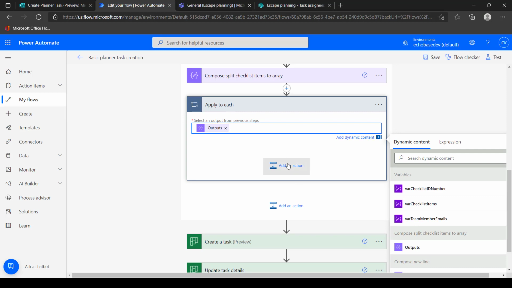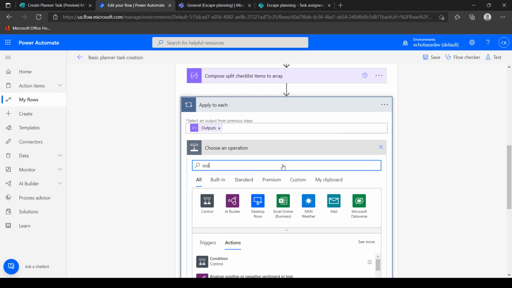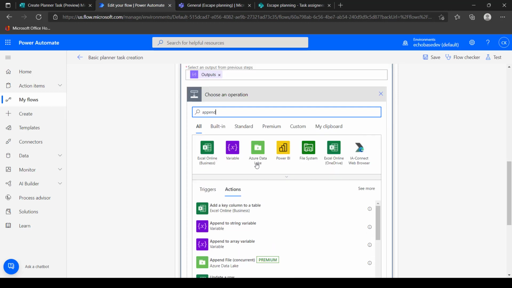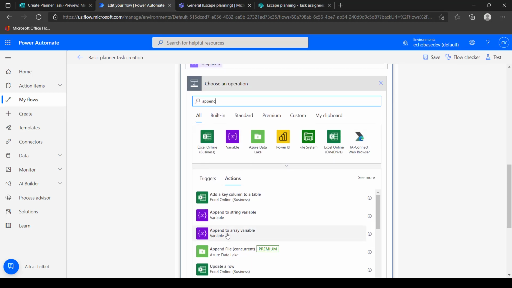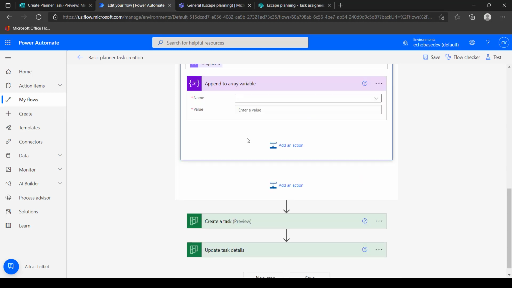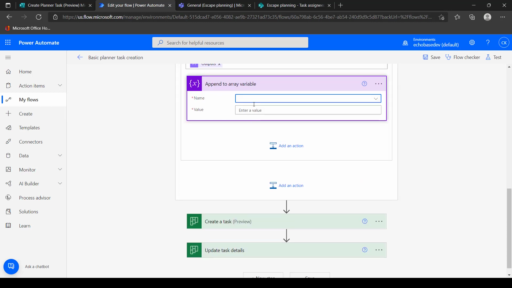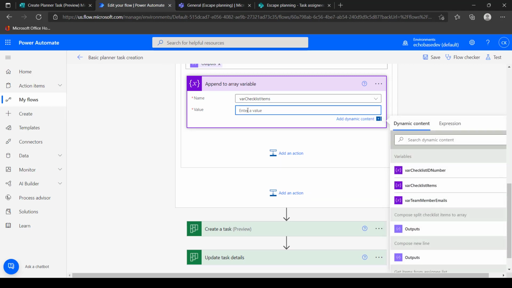So now we need to append to our checklist items array variable. So I'll add an action and search for append, and I want to append to array variable, and the array variable we're appending to is checklist items, and the value that we're appending is going to be